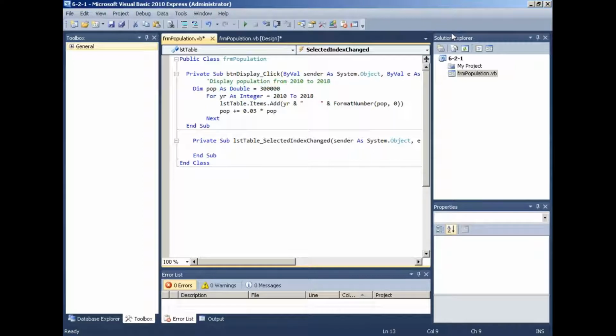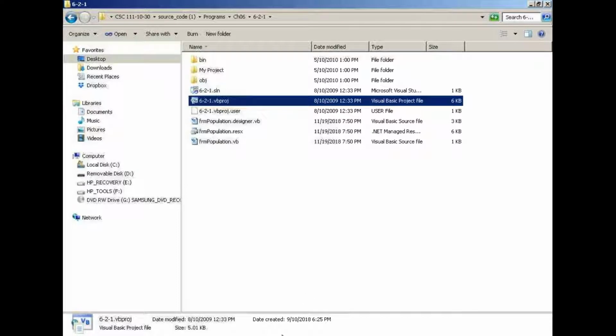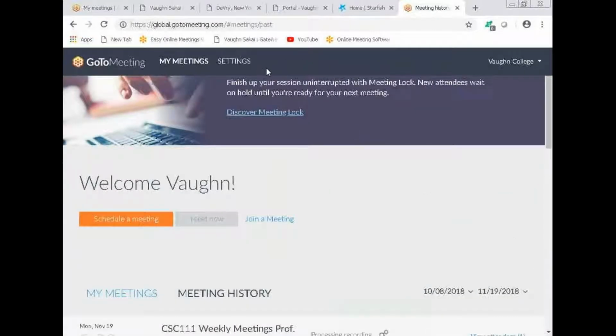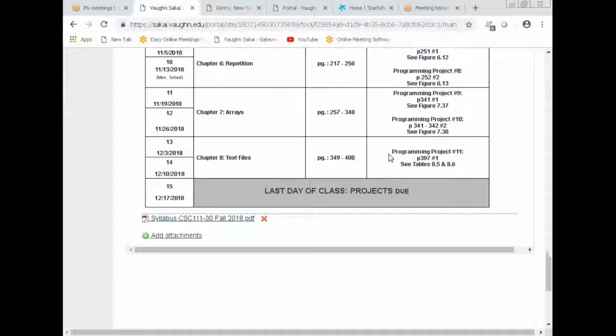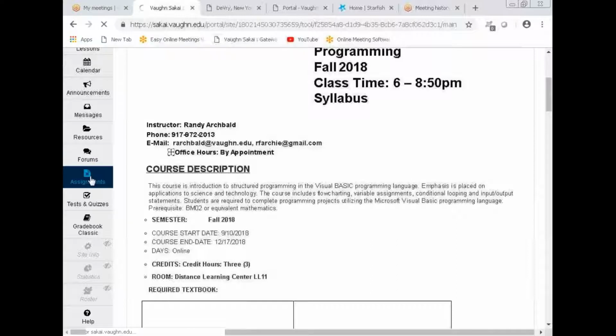Okay, let's now take a look at the project. Let's now take a look at another project, which is one of the required projects. So if I go into Sakai, go to Sakai, and in Sakai, I will go to assignments,